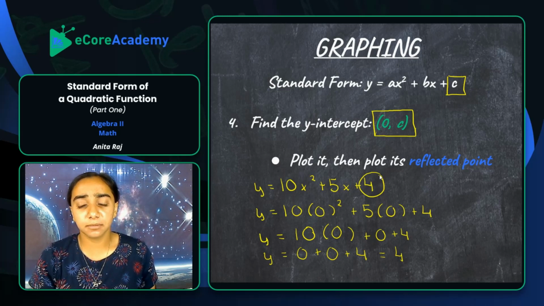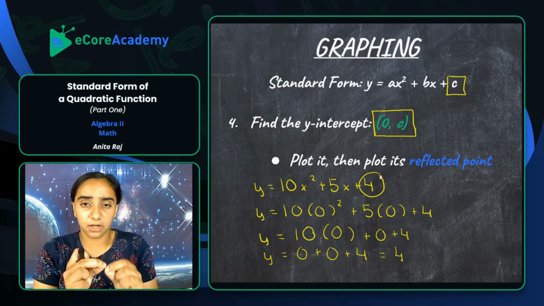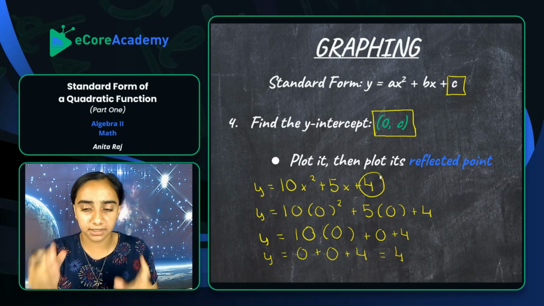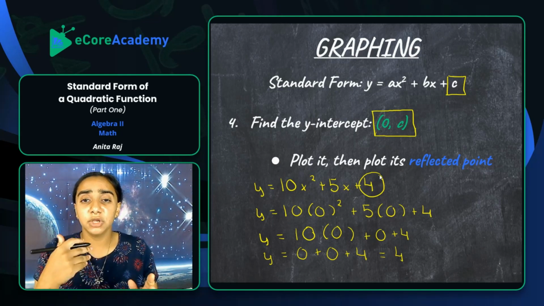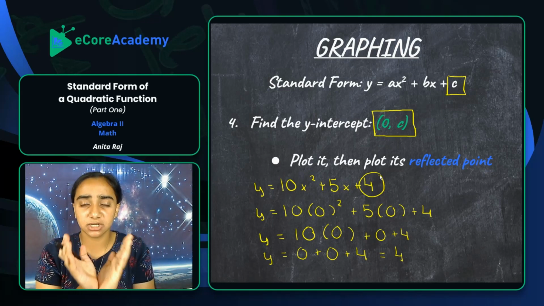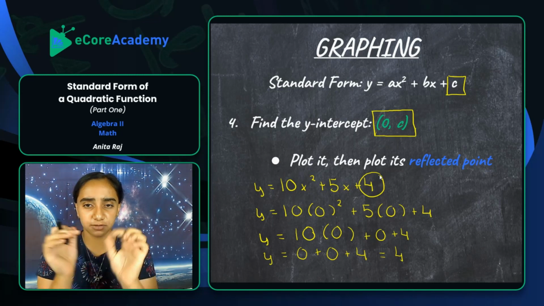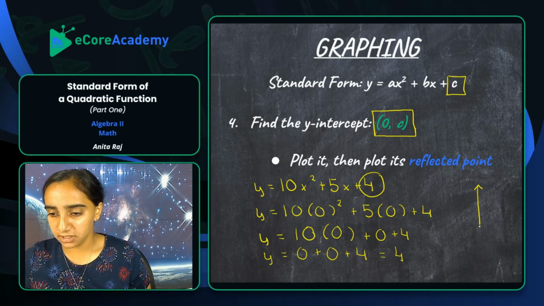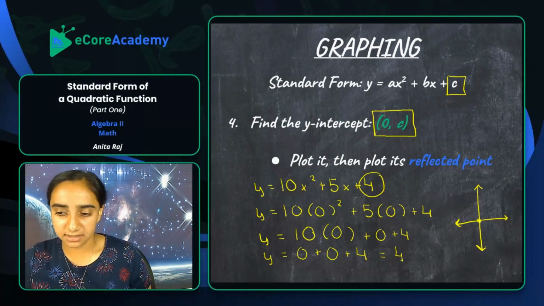Then what does it mean? Then what you would do is, you've already plotted your vertex on the graph, then you would plot the y-intercept wherever it is relative to the vertex. What you would do then is plot its reflected point. So you can pretty much gauge it by a mirror image. If this was the coordinate plane, like this, and our vertex was exactly at (0, 0), let's just say that, and oh wait, never mind, forget that,